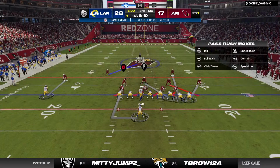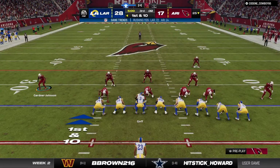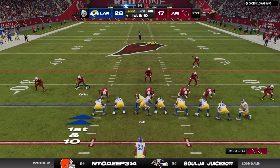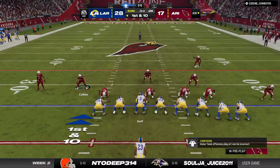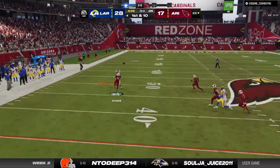Set to begin their next drive, the Rams offense at the line. Now, they were terrific in the first half, built up a sizable lead, and it's just been cut into a bit following the opening drive score on the other side. But this is a unit that has to be itching to get the football again. And you could say that again. They've got to be pretty...